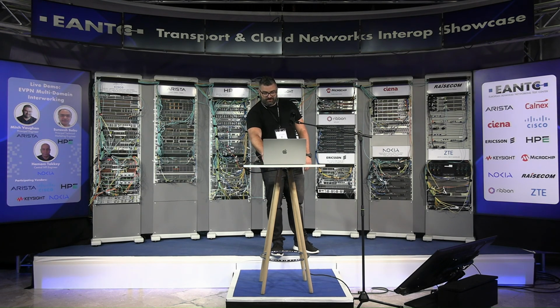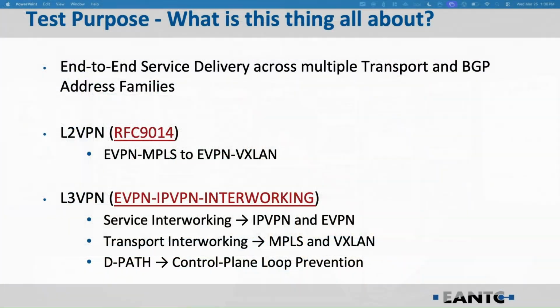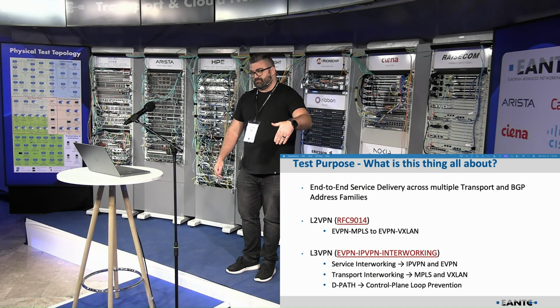So, let's get the party started. What is this thing all about? The test is really around end-to-end service delivery across multiple transport and BGP address families. Meaning maybe we're going from MPLS to VXLAN, or we're going from IPVPN to EVPN for L3 VPNs. Take your pick. From there, we're going to have that end-to-end service delivery across those multiple transports and those service